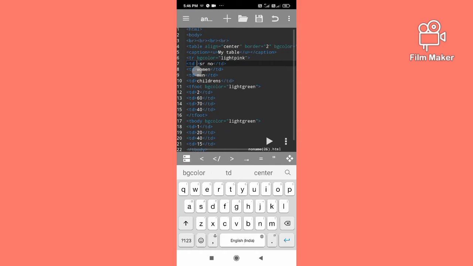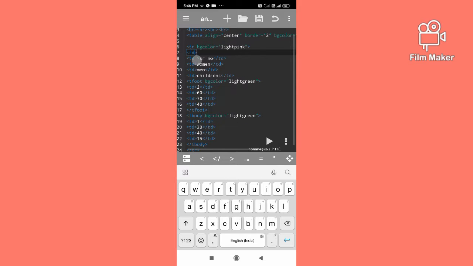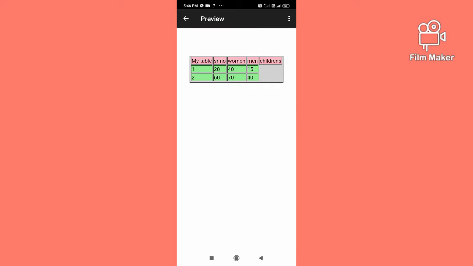I'm erasing the caption tag, and here I'm writing one more table data, where I'll write my table. See, now it's coming like this, which I don't want.